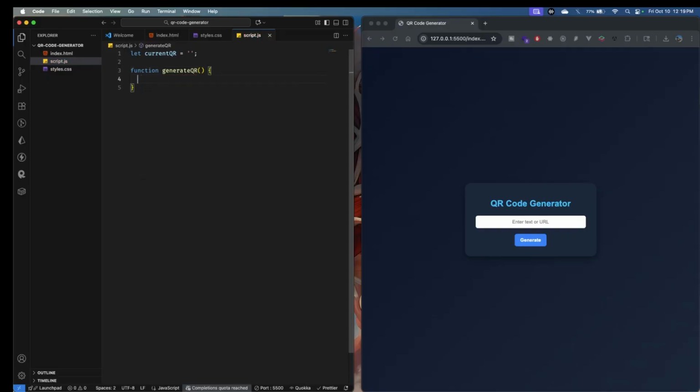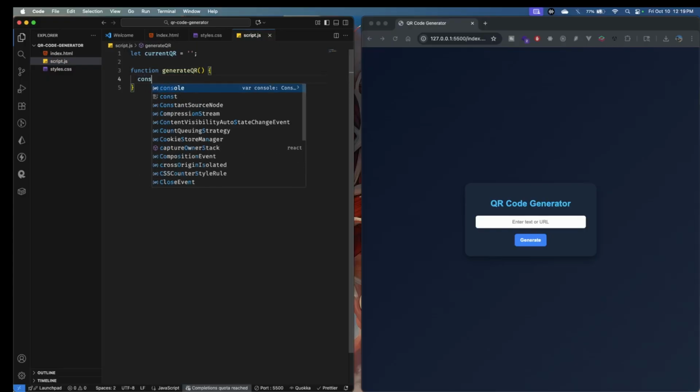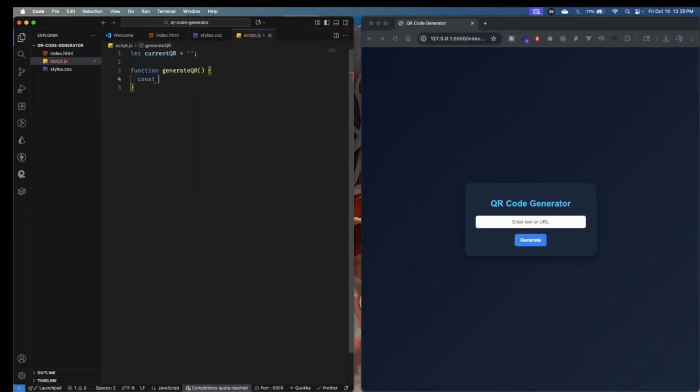And then I want to have several const variables. So the first one is going to be QR text. And then we want to use document dot get element by ID, and we want to get the value of the text input, so the QR text, and we want to get the value of it, and we want to trim